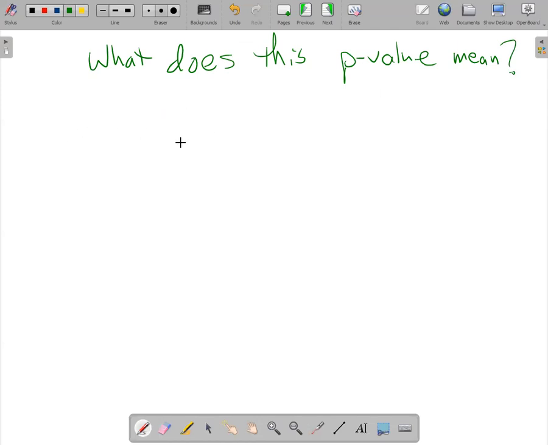So in general, a p-value is the probability of finding another similar sample with more extreme results when you expect whatever the null hypothesis said is going to happen. So in this case, it would be the probability of finding another sample